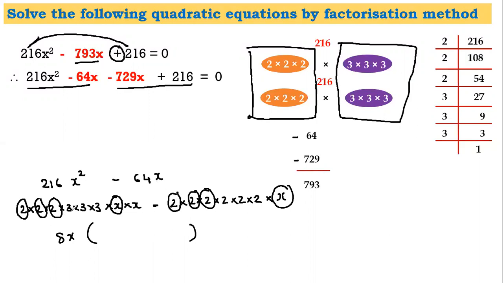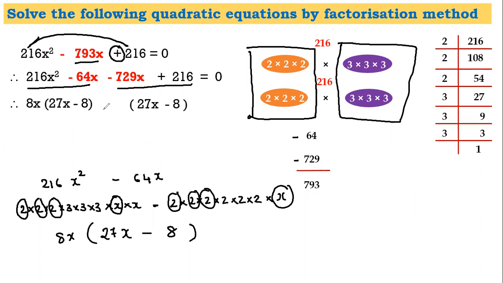Let us see what remains in the bracket. 3 3's are 9, 9 3's are 27. What is here is x minus 2 2's are 4, 4 2's are 8. So once you remove common, students, what I can say is 8x is common. What remains in the bracket is 27x minus 8. Now students, I want you to remember something. Now this is what usually I do not suggest, but this is a trick which can help you. I know that the second bracket is always going to be the same. Always. So if you're going to use this trick, be very, very careful. So I can say that these two brackets are always going to be the same.